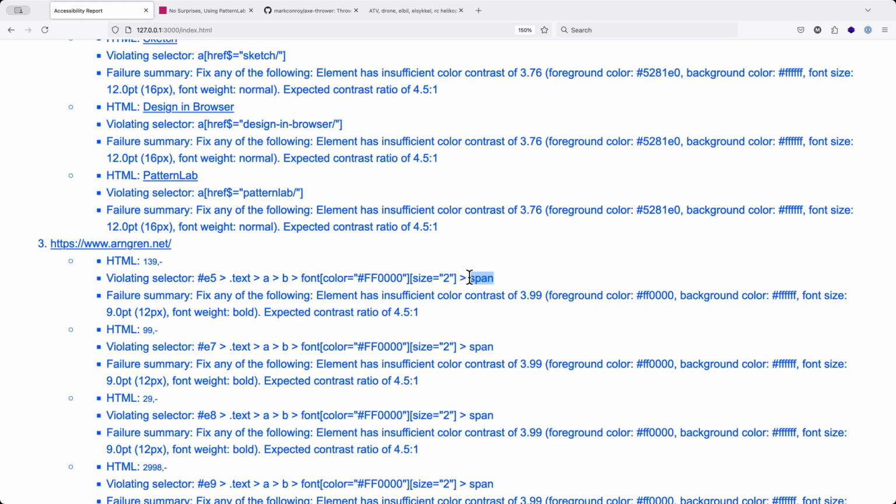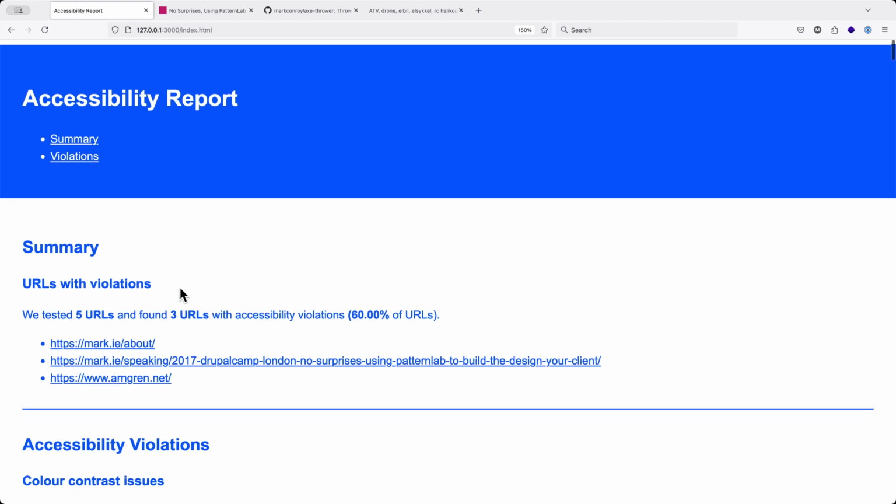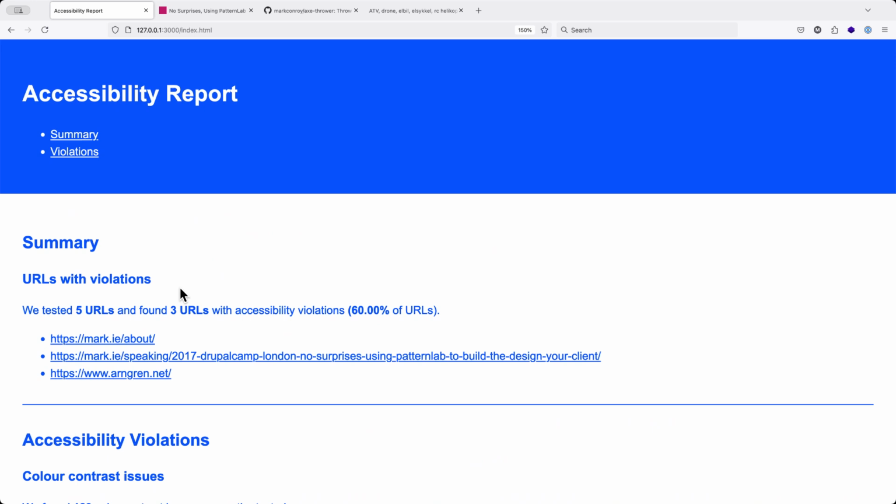So we know that the issue with that span is that the color contrast ratio is 3.99 to 1, and we needed it to be 4.5 to 1. So the foreground color is FF000, I think, is it yellow, and the background color is white. So there's not enough contrast between one and the other. But that's it. We can put as many URLs as we want into urls.json,